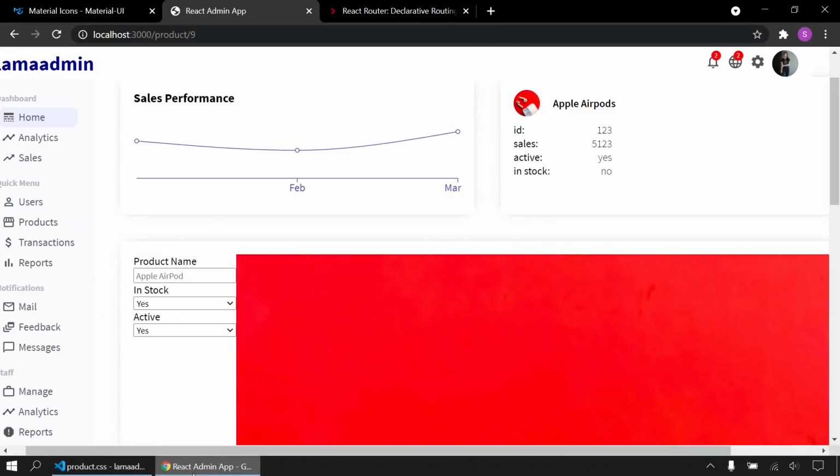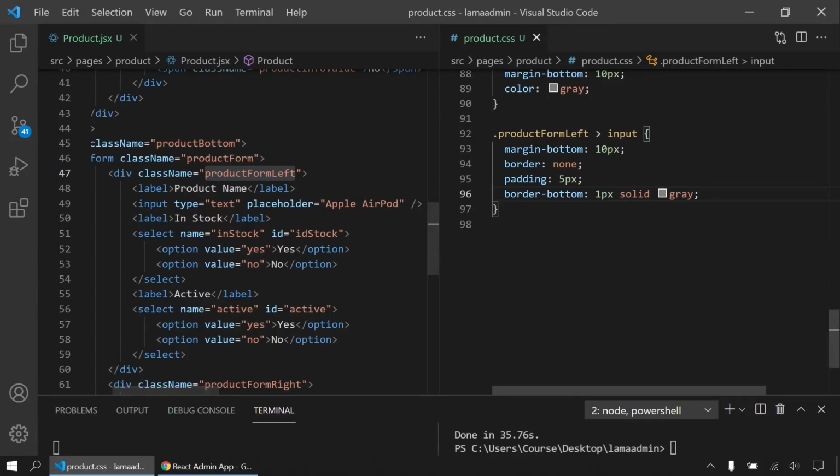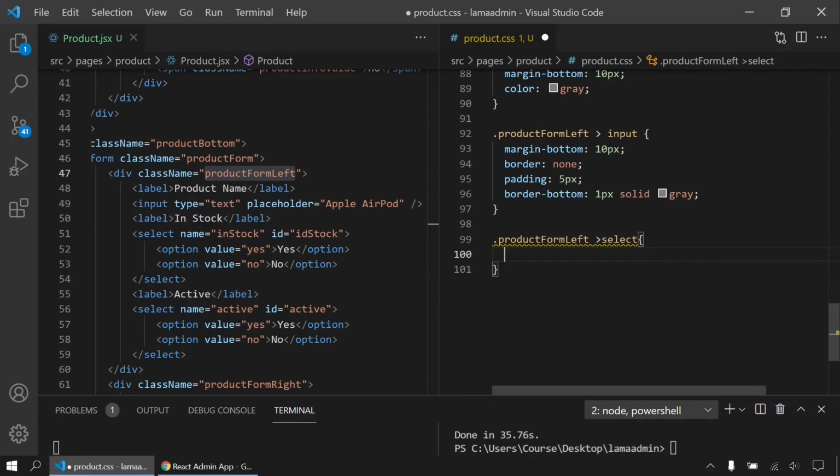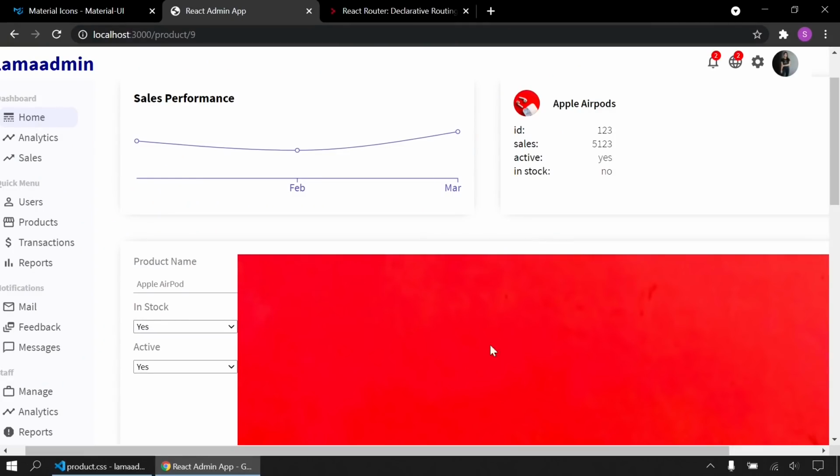Let's see. Okay, so what about this select? Let's choose this select. Inside this form left, I will say margin bottom 10 also. Okay, and for the right side,